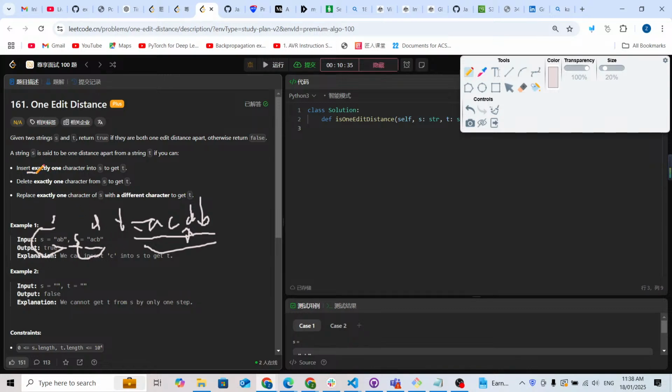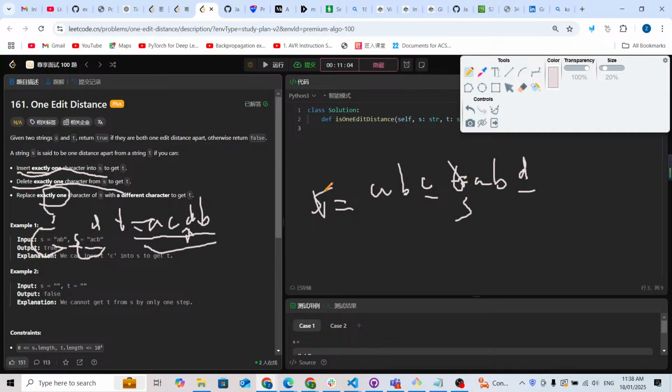Because insertion is exactly the same as deletion, and replacement is the same as replacement. For example, ABC and ABD. For those two characters, we do a replacement. Currently this is s and this is t, and this is okay. But even if this is s and this is t, it is also okay. So this means